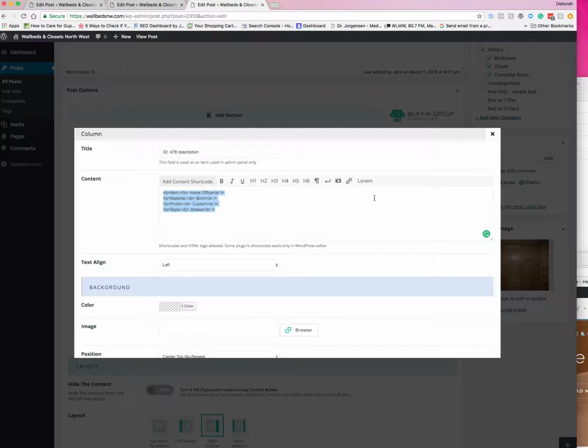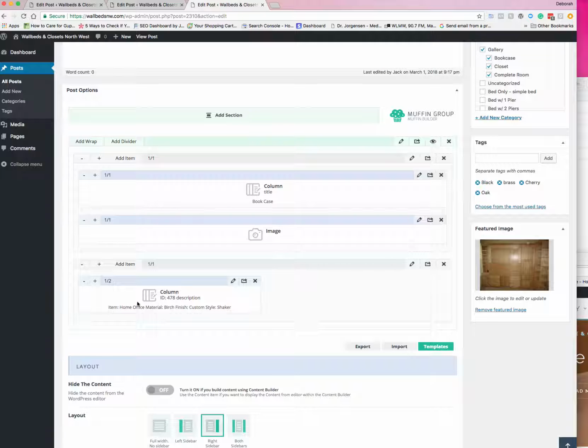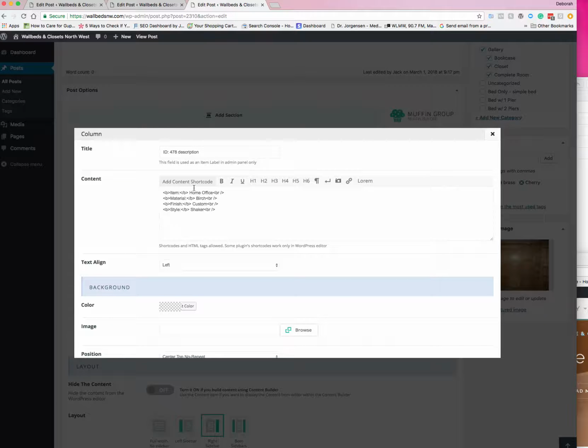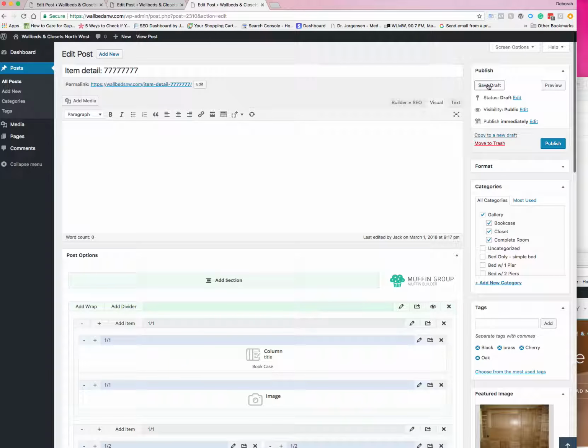If you have descriptions that should be 2 columns, what you would do then in that case, after you change the ones in here, you want to keep it very symmetrical. So if you had 8, you wouldn't want to list all 8 on here because it would look lopsided. So what you would do is you would change these 4, hit Save Changes, and then see how this says half, but you've got a hole here. What you could do is you could clone this box by going like this, and bam, you can change out and add some more description about your product. And then go down here and Save Changes, go all the way up to the top, hit Save Draft,